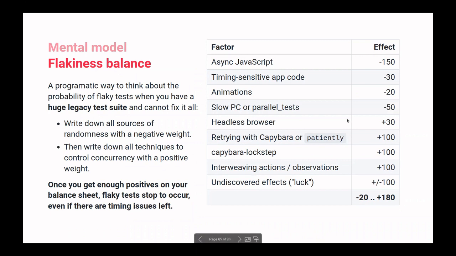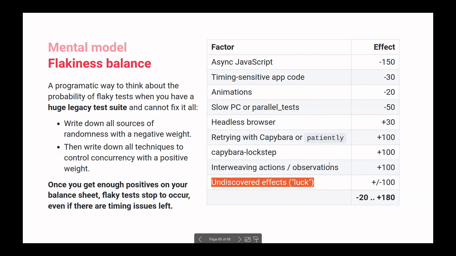But then you have some techniques that also fix those flakiness issues by synchronizing operations, by removing space for concurrency. For instance, running in a headless browser has a positive effect on your flakiness balance. Or Capybara's retry mechanism is very helpful. Capybara Lockstep is very helpful. We learned this technique of interweaving actions and observations. That's very helpful. And of course, there's also something that you don't know.